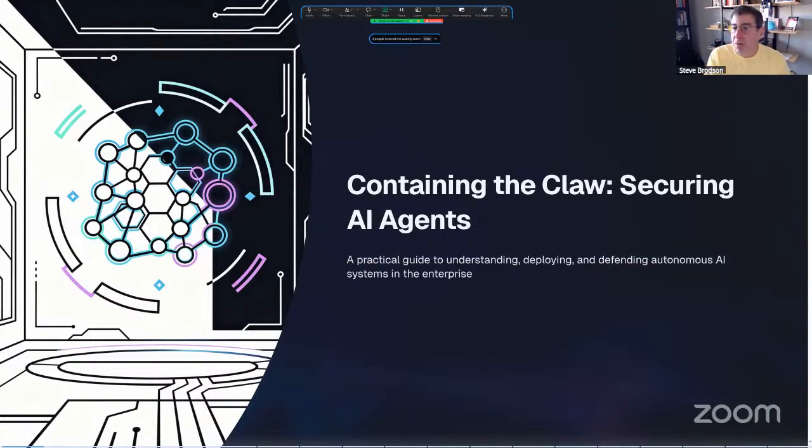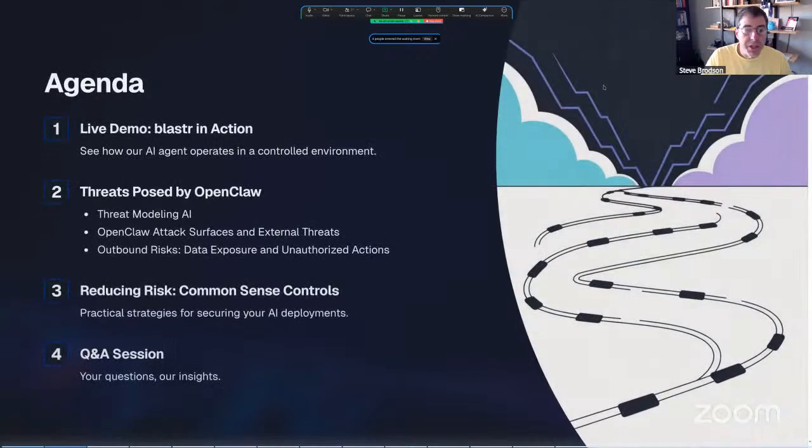So I'm going to jump into it a little bit. My agenda: my clawbot is called Blaster. It doesn't mean anything, it's just kind of a funny name. We're going to play a little bit with Blaster for just a few minutes, but I have a lot of content that I'd like to get into, and Blaster and I have kind of practiced.